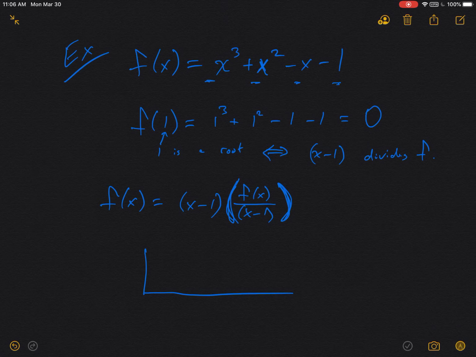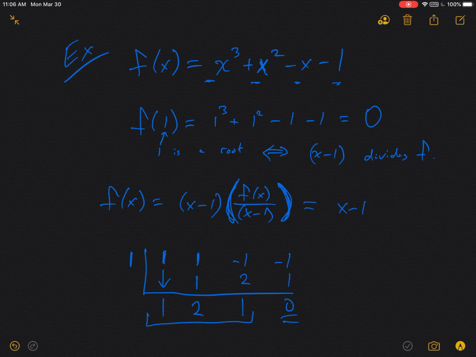So let's compute this second factor just to review how that goes. We'll do this with synthetic division. If I wanted to divide f of x by x minus 1, I would put the root out here, and then I'll put the coefficients for f on the inside. Those coefficients would be 1, 1, negative 1, negative 1. And then we'll just go through the synthetic division process. I bring down the first number, and then I multiply it by the root. Then I add in the next column, multiply by the root. Add in this column, multiply by the root. Add in this column. Remember that this last number represents the remainder, which we know is 0,